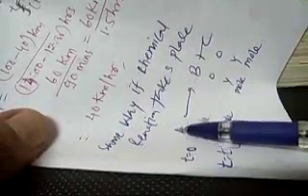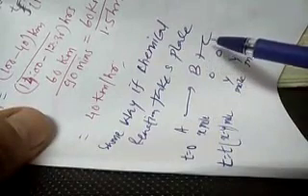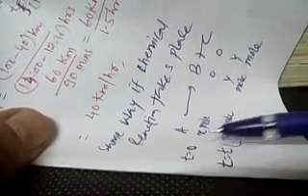In the same way, if a chemical reaction takes place, what happens? A gives B plus C. A is a reactant, B and C are products. At t equal to 0 time, A has X mole, and B and C are not yet produced, so they have 0 moles. At t equal to t time, suppose Y mole of A is used. So X minus Y mole of A are left, and Y mole of B and Y mole of C are produced. I hope you understand, my dear students.